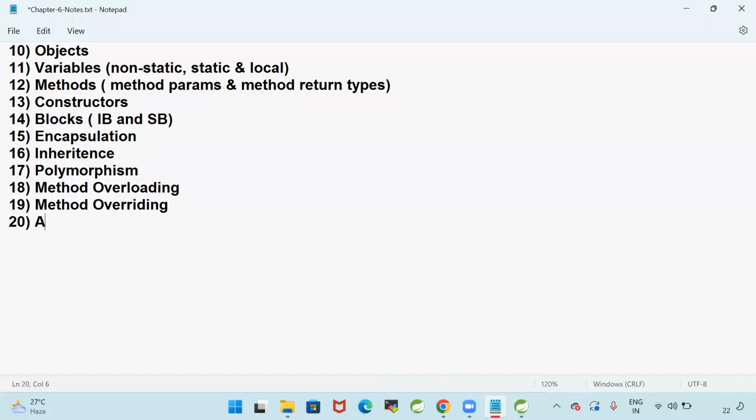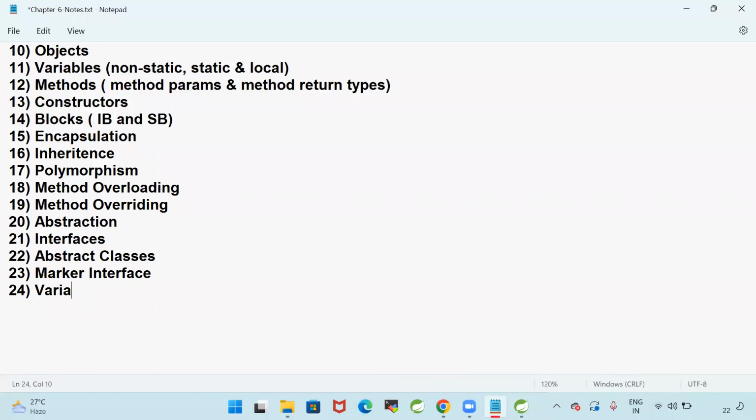We discussed abstraction, interfaces and abstract classes, and what is a marker interface. Then we discussed variable arguments. What is the purpose of variable arguments? When you don't know how many parameters we need to take for a method, then we will go for variable arguments. Then we discussed the static keyword,